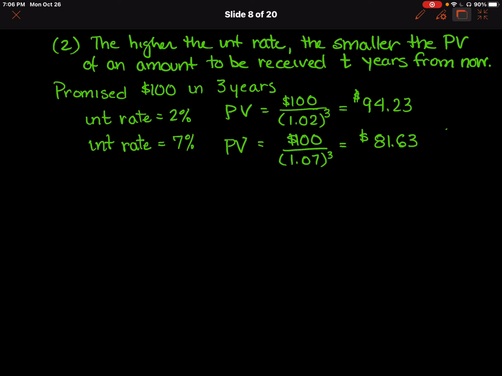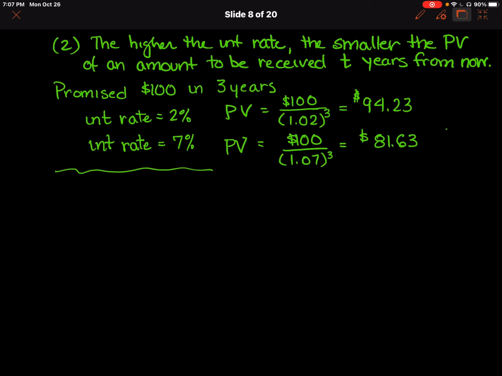But the other way to think about this, again, is in terms of interest income that's foregone. Because of compounding, a certain amount of money is going to grow more, of course, when the interest rate is higher over a given time period. So therefore, the promise to receive something in the future is going to be worth less to you the higher is the interest rate. So if we flip this